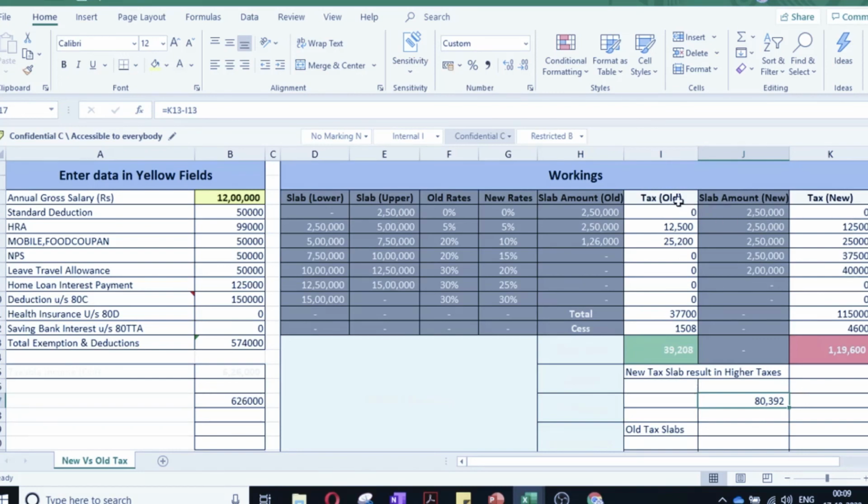So now you have both options, whether you fill in the old or the new. So take a decision and enjoy paying tax to the government. Okay, hi, let me know if you guys have any query.